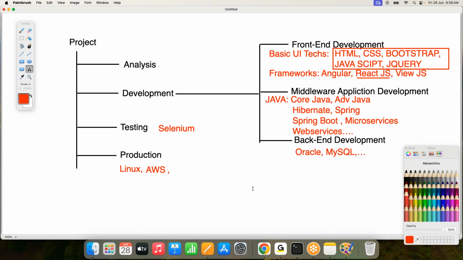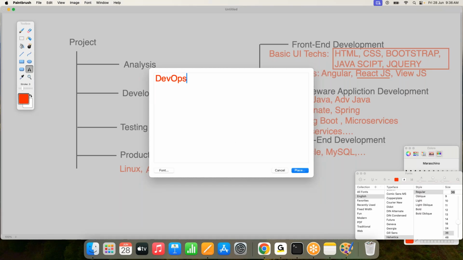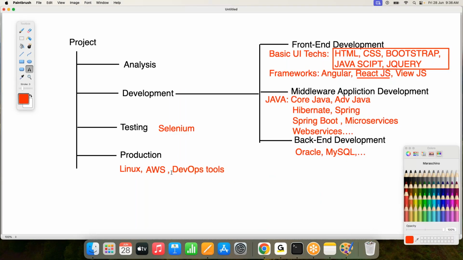For monitoring, so many tools are available. Monitoring tools are available, that's one thing. Not only monitoring, some maintenance-related tools are also available. Monitoring plus maintenance tools are collectively called by a separate word, DevOps tools. So many tools are available, and all of these come under DevOps tools. DevOps means development and operations. Development plus operations tools are available. DevOps tools are available, that's my point.